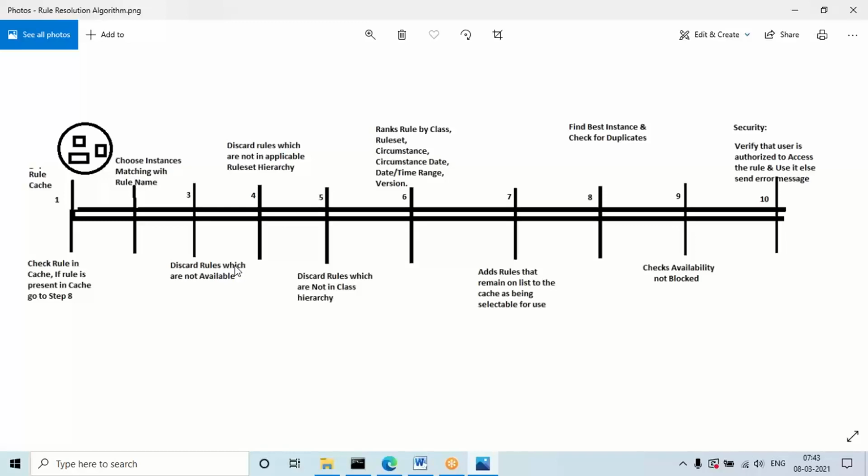If the rule is picked from the rule based table, what happens? First of all, I will tell you, if a rule is picked from the rule based table, which steps will be executed, and in which order. First of all, learn by heart all the 10 steps. Okay, in this algorithm, first of all, learn by heart all the 10 steps.